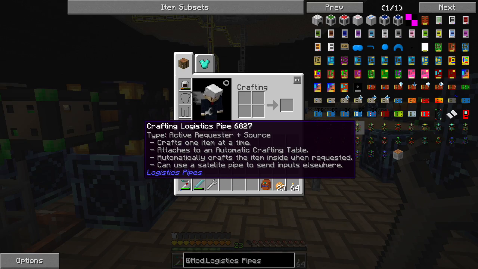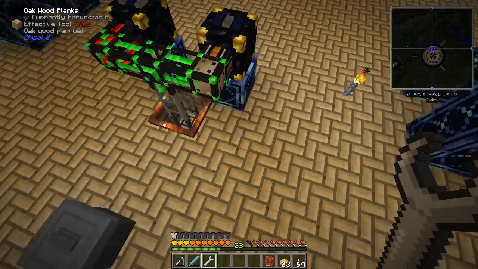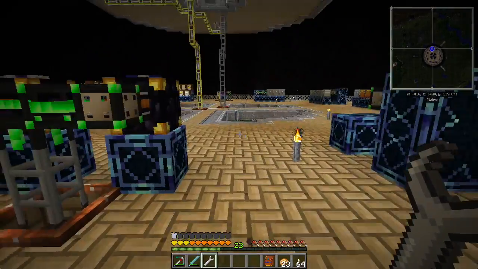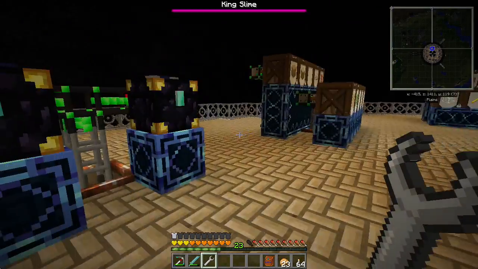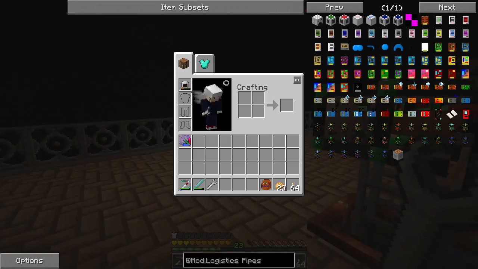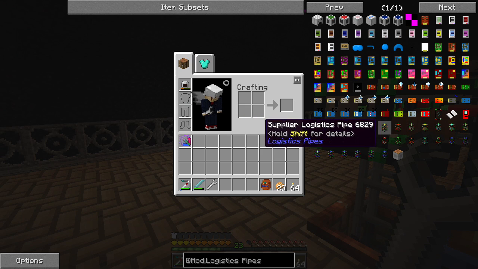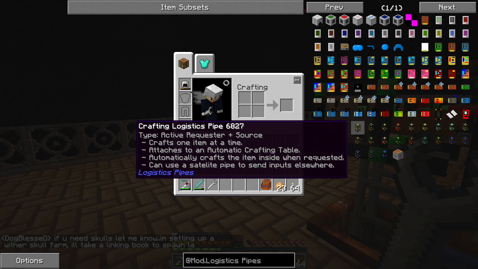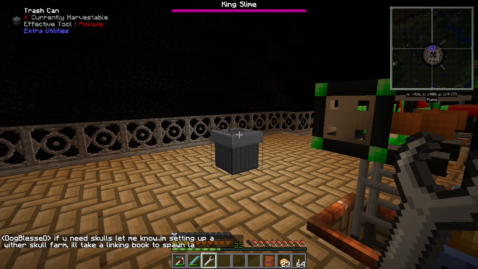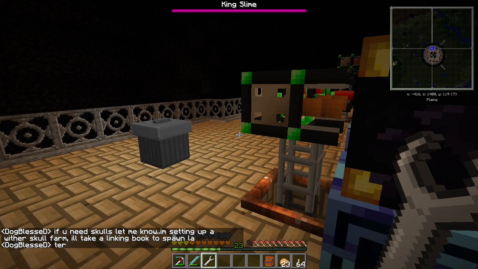So that's pretty much how you set up a system, and in this case it works. Now, if I wanted to both store an item and retrieve an item from a chest, then I would need to have a supplier logistics pipe, which is where it goes, and then a provider logistics pipe to supply it. So what they have instead is...